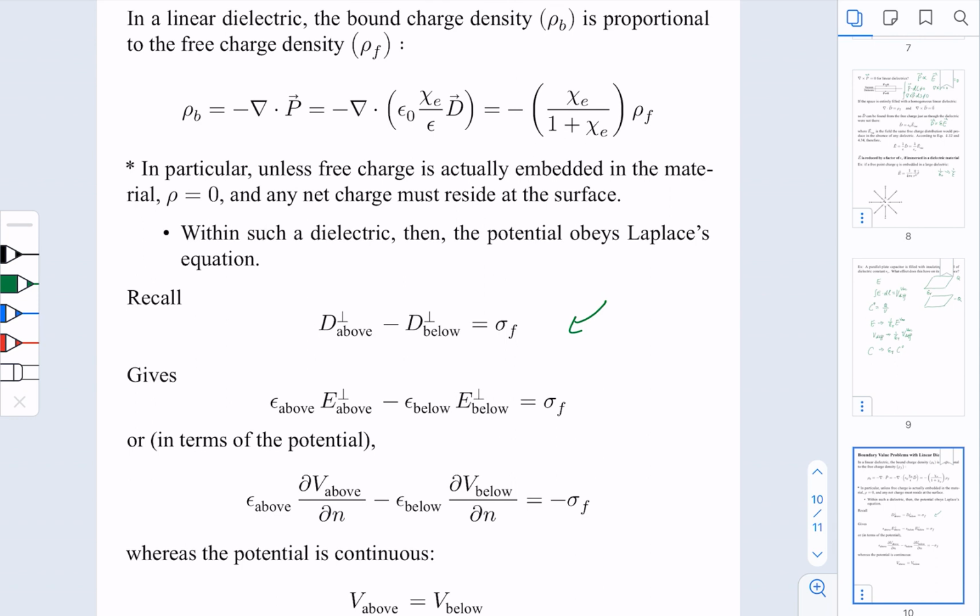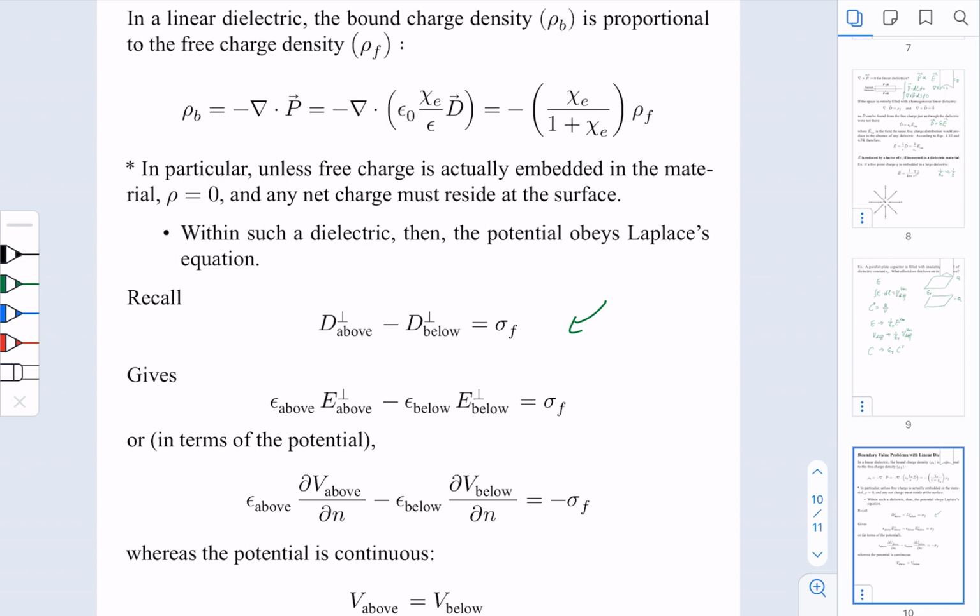For linear dielectric materials, the P vector should be proportional to the E field, and the E field is again proportional to the D field. So we can re-express the P in terms of D, and now you actually see that